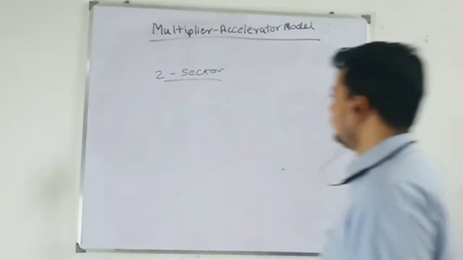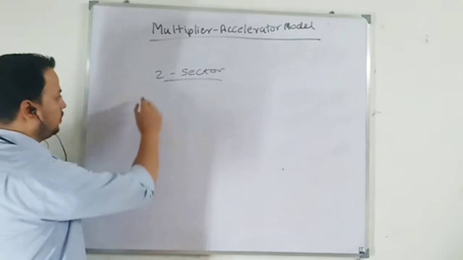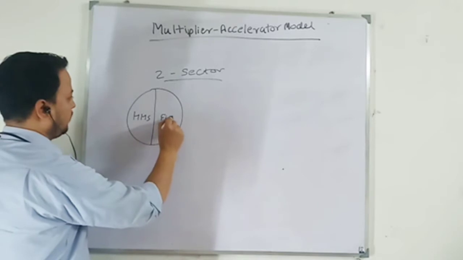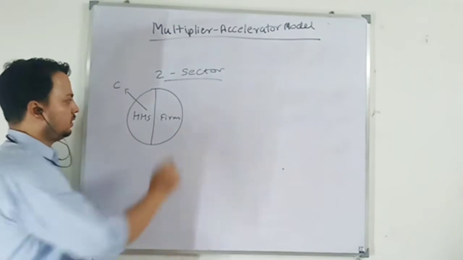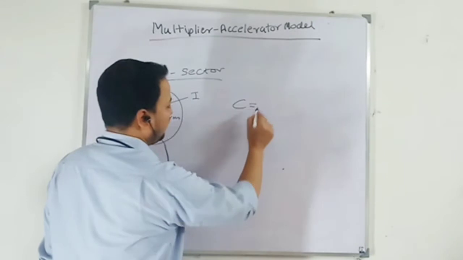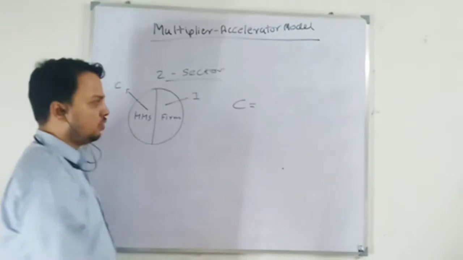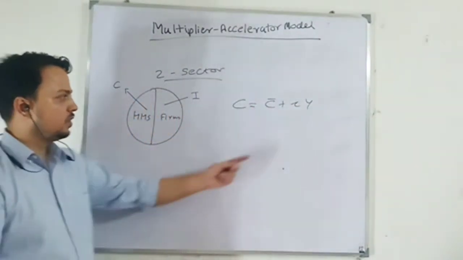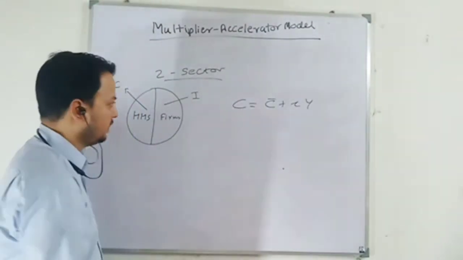So in two sector model, aggregate demand. What is aggregate demand? Demand made by different sectors in the economy. So I am taking two sectors: one is household and second is firm. Household will demand consumption, which we call consumption expenditure, and firm will have investment expenditure. We have done the consumption function already, and you know that the Keynesian consumption function is non-proportional: C bar plus small c y. And in two sector model, there is no difference between income and disposable income because there is no government, there are no taxes.